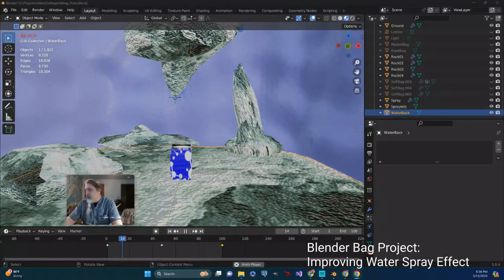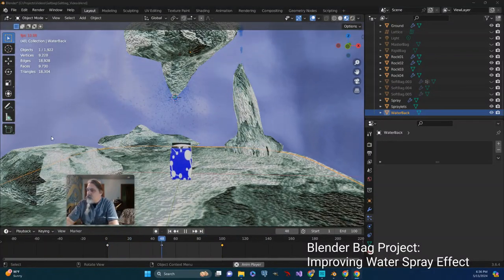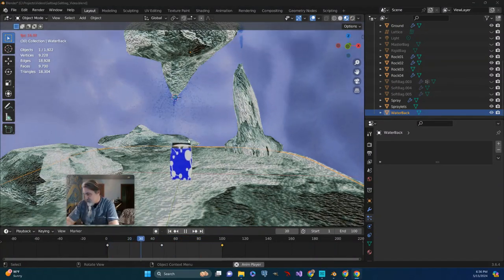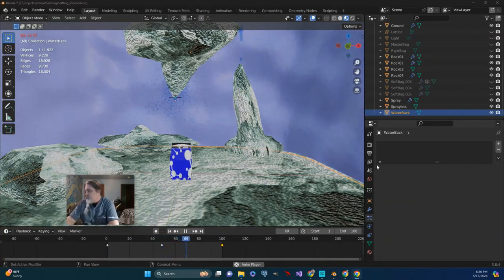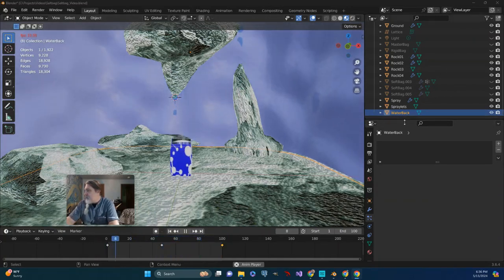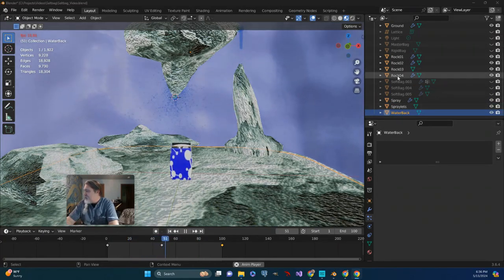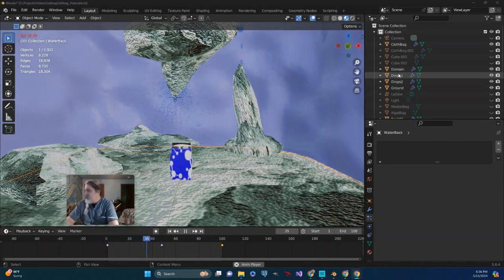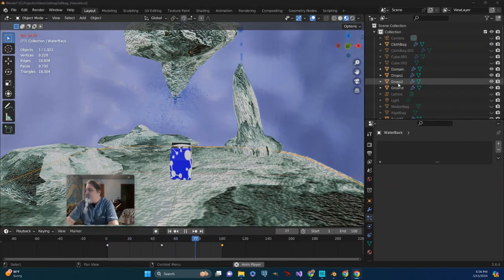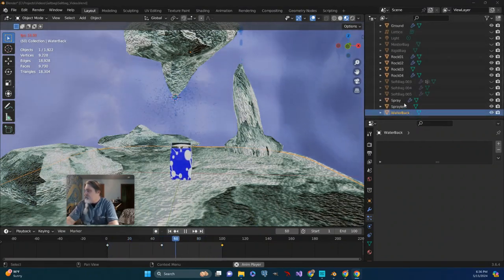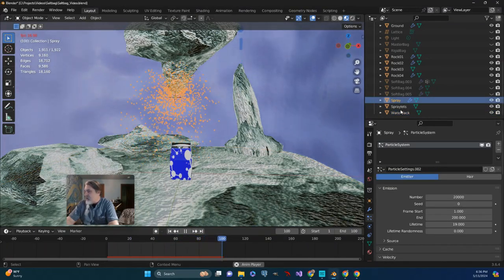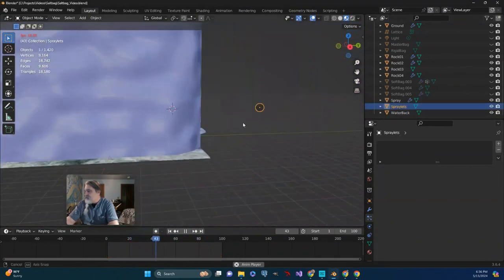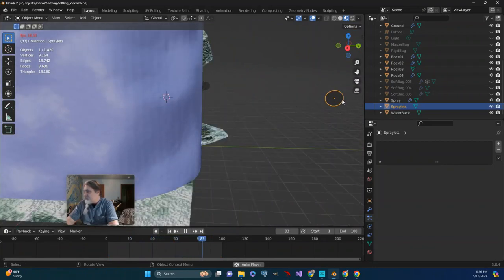Okay, so I want to make some adjustments to the spray and the materials that are applied to the spray and the drips that are in the scene. So let's start by, let's see, I renamed a few items here. My drops that have the physical materials applied to them, or the physics applied to them, are named drops 1 and drops 2. The spray is labeled spray, where it gets its sort of source information from is named